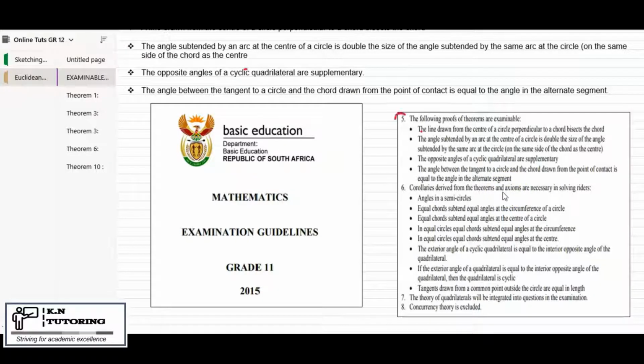I mentioned under number 5, this I took out from the examination guideline, so this is coming from there. The focus for today is going to be on these 4 theorems, examinable proofs. We've got a couple of theorems that we need to look at for your grade 11 syllabus, in terms of knowing their definition and knowing how to apply them when you're solving geometric riders. But most importantly, these 4, you need to make sure that you are able to